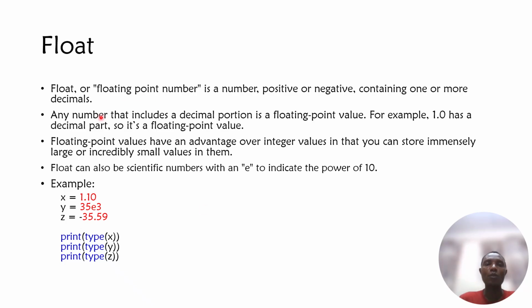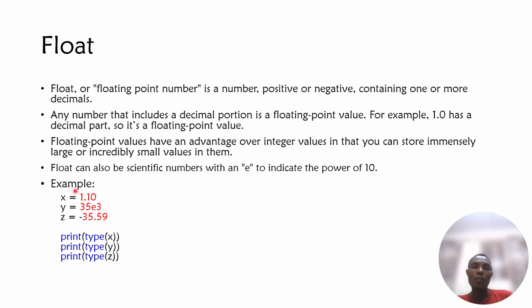Another part is a float, or floating point number. It is a number, positive or negative, that includes a decimal portion. Any number that includes a decimal portion is a floating point value. So for example, 1.0 has a decimal, so that's why it's a floating point value. In this case, float can also be scientific numbers with an e to indicate the power of